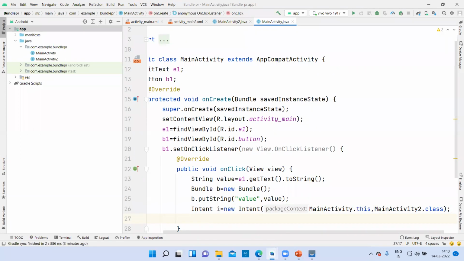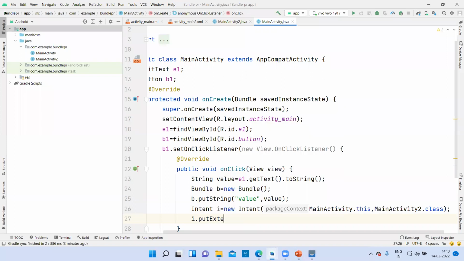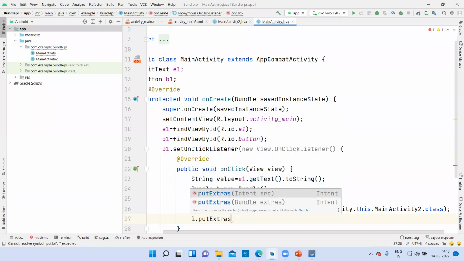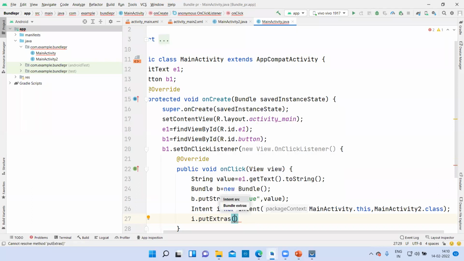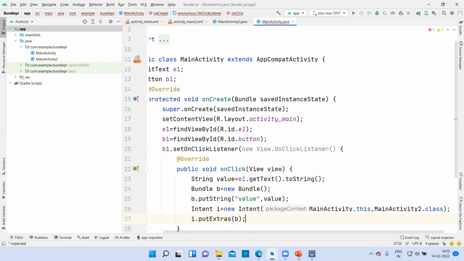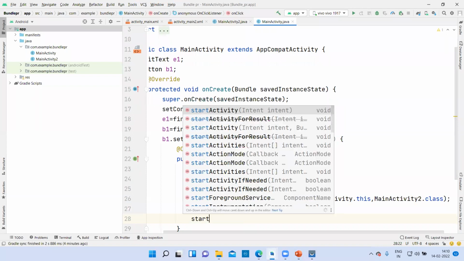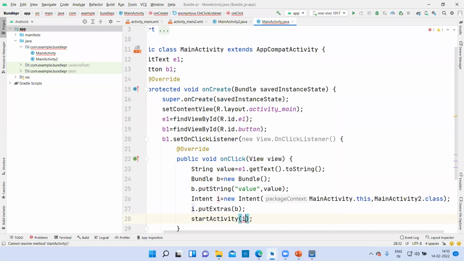Okay. Now you will say I dot putExtras because we are using a bundle, then you will use bundle B. Then startActivity I. You'll pass the intent into this. That's it. This is done.